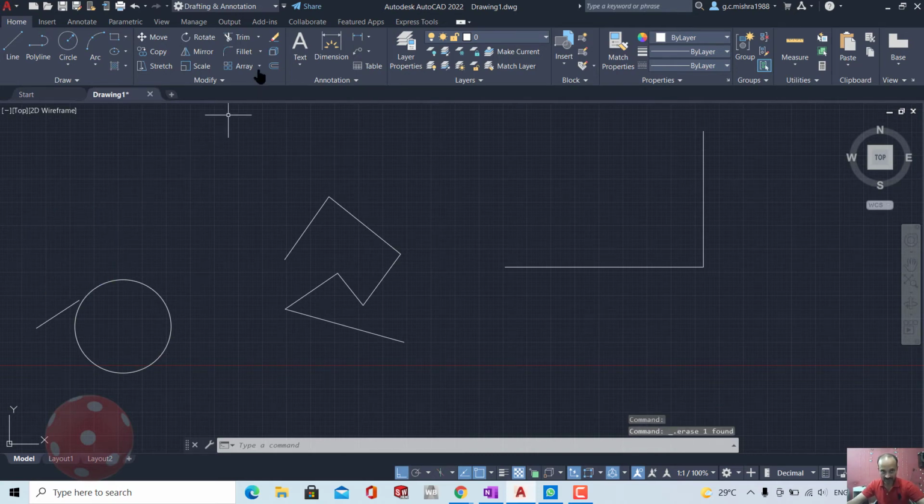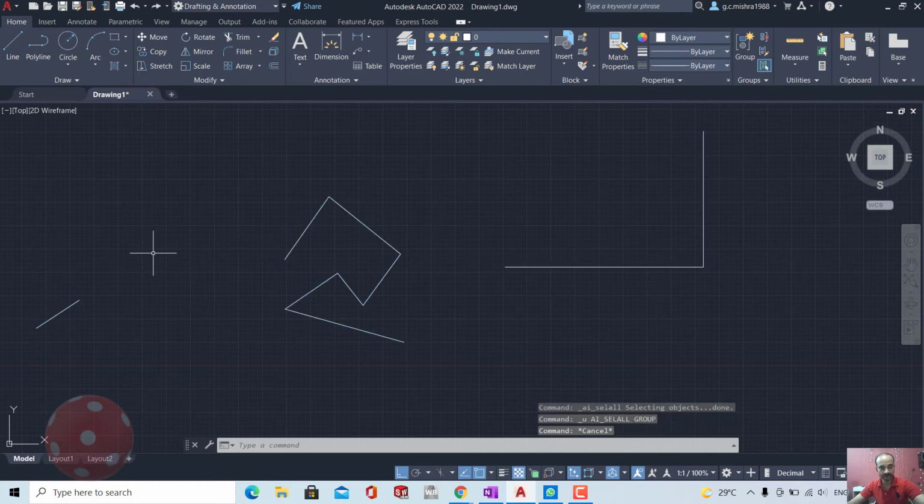And if you go to erase, once you click on erase, you have to move from the screen to this erase button, then you have to come to the object, then you have to press enter. That is a 4 to 5 click option. But it is simple: just select the object and press delete.